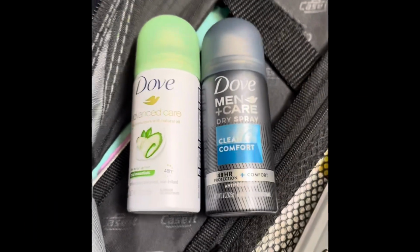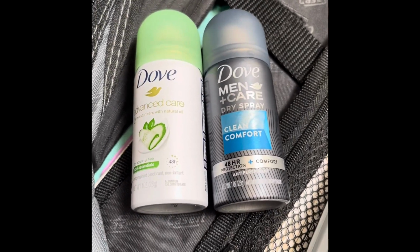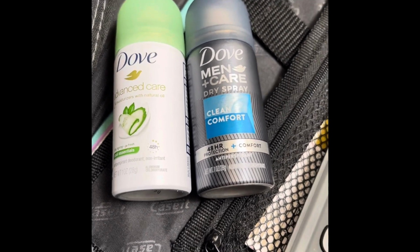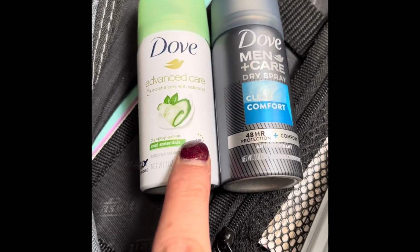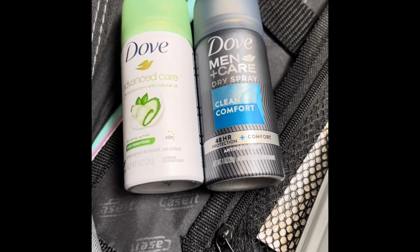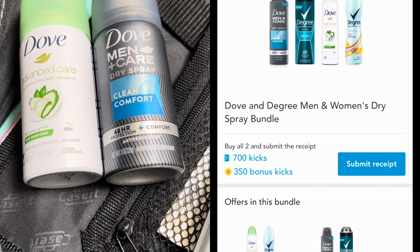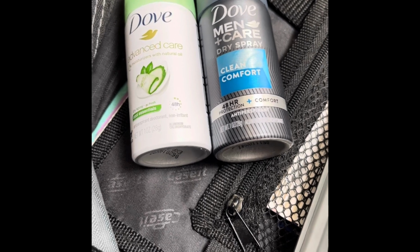All right, the first thing I'm getting is a Shopkicks bundle. This is a fan favorite in my classroom. My students love when I stick these in the treasure box. These are the Dove spray in the travel size. You must buy one men's and one women's. Now these are $1.97, so both of those together are $3.94. You're going to submit to Shopkicks for 1,050 scans and kicks, and that's going to be $4.20 equivalent, making this